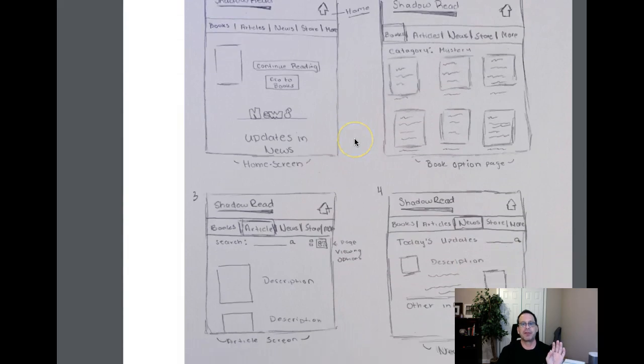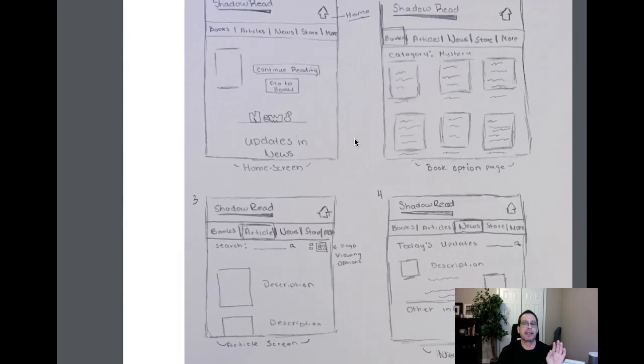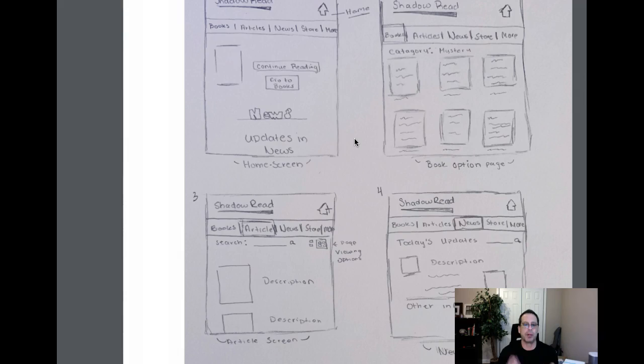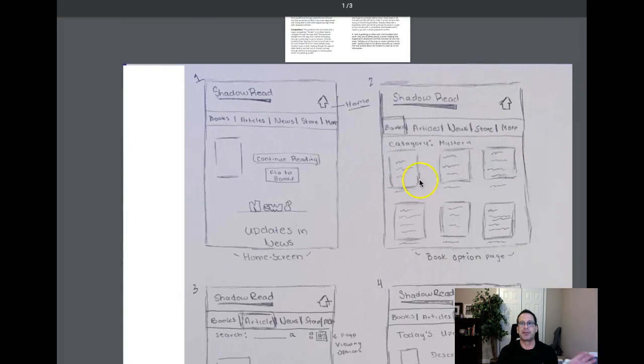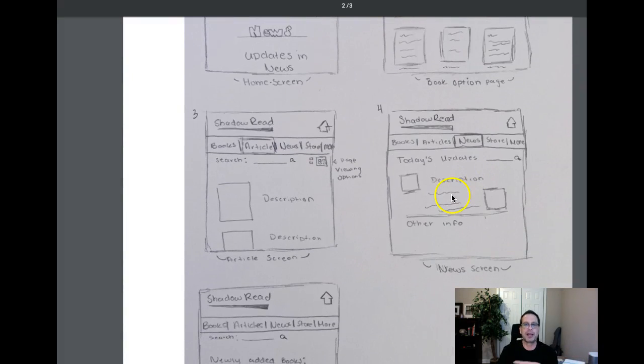So really in user testing, there's only one of three things that can happen. Either they don't know, they get it wrong, or they get it right. If they get it right, that's great. Move on to the next screen. If they get it wrong, make a note, collect that data, use that data to make changes for your next user test, okay? And that user test comes in next week.